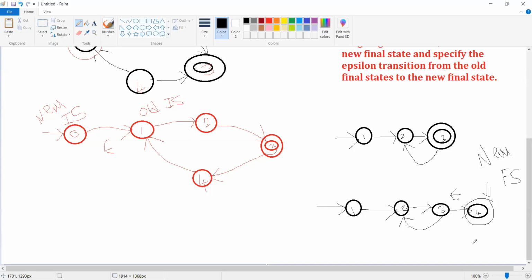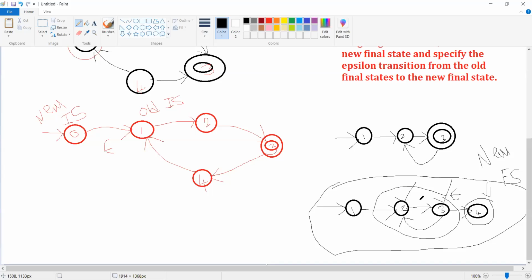Now once we have done this, what can we do? Now we need to select one node at a time, which is going to be the intermediate node in between the initial and final. You can select in any manner. Please observe, as per this example, we have two intermediate nodes in between 1 and 4. Now I can go for removing one node at a time. While removing the nodes, I can select either 2 first or 3 first. That's your wish. Depending on our wish, we can select any node for removal.